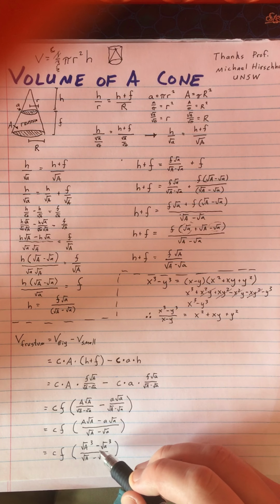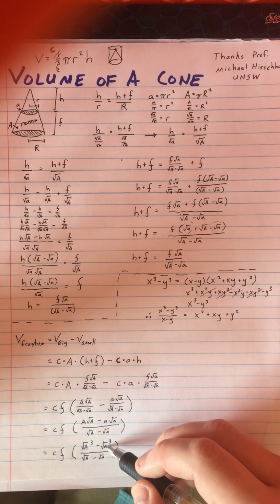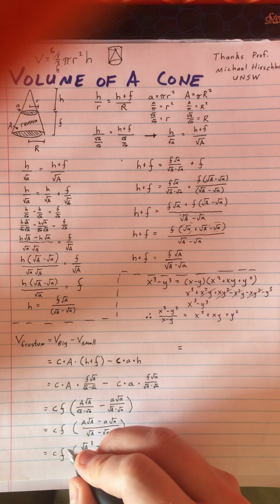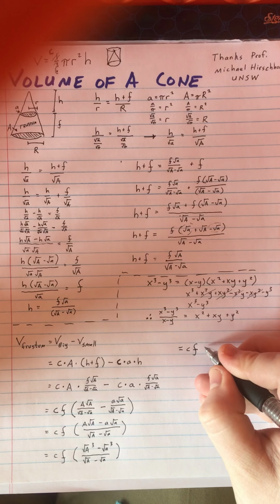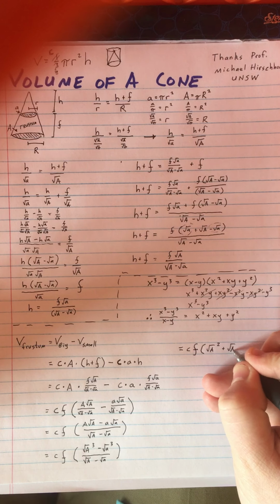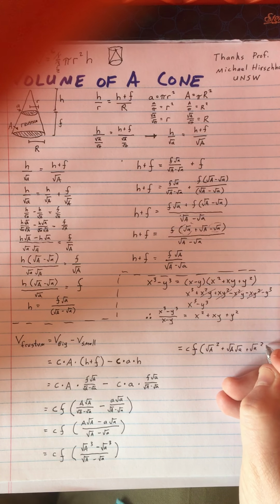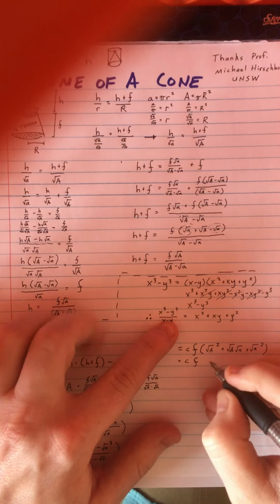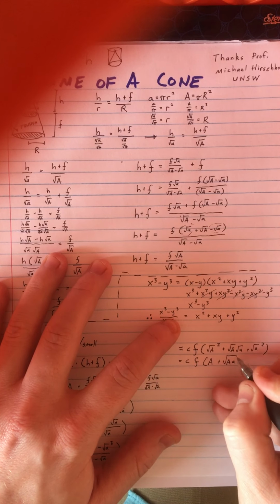Well, we have an equation that looks like this form. X is going to be the square root of big A. Y is going to be the square root of little a. Which means I can rewrite this equation as the constant that we don't know times the height of the frustum times the square root of big A squared plus square root of big A times square root of little a plus square root of little a squared, which can simplify to the constant that we're trying to solve for times the height of the frustum times big A plus square root of the areas multiplied by each other